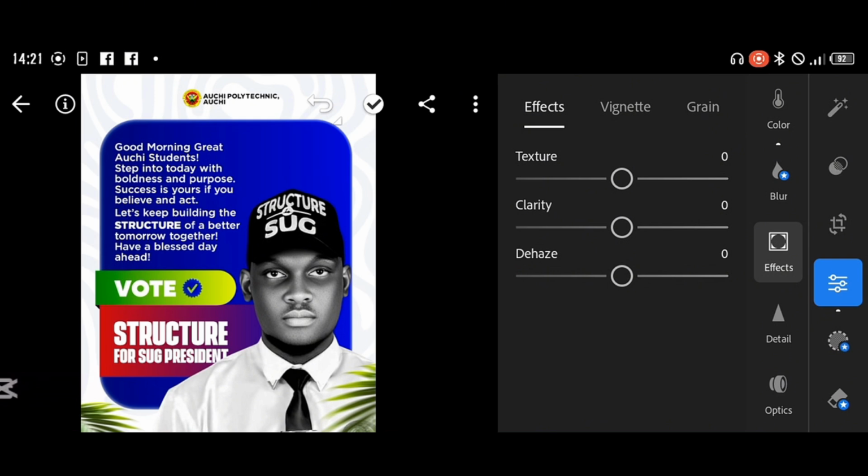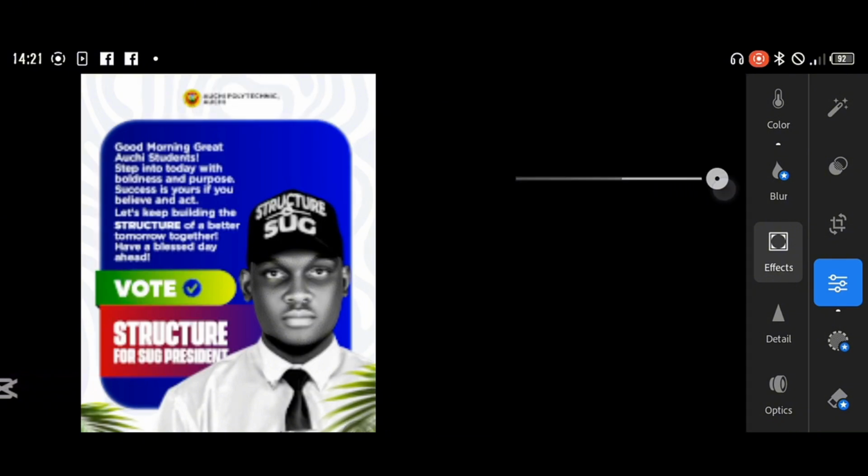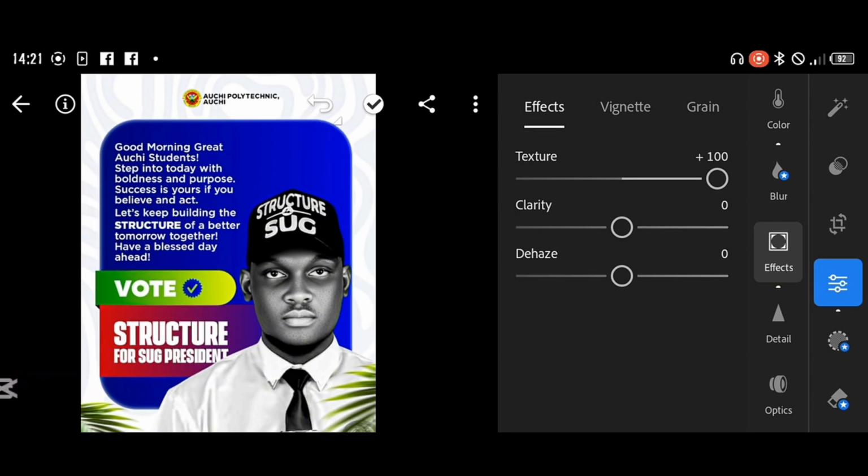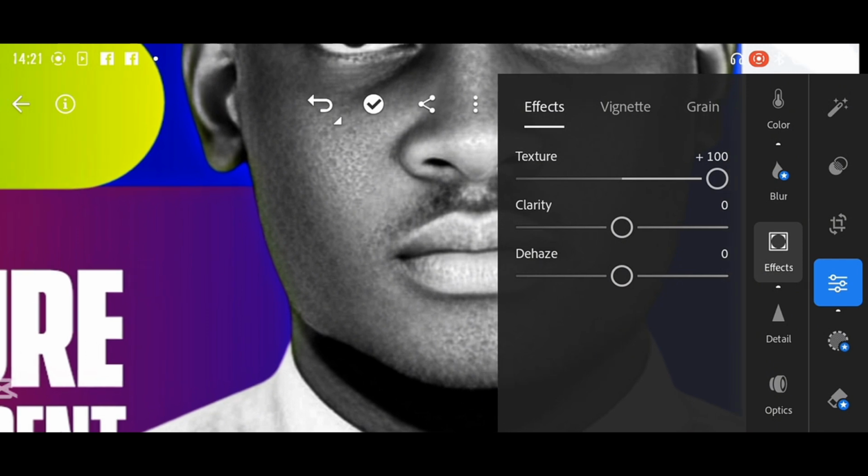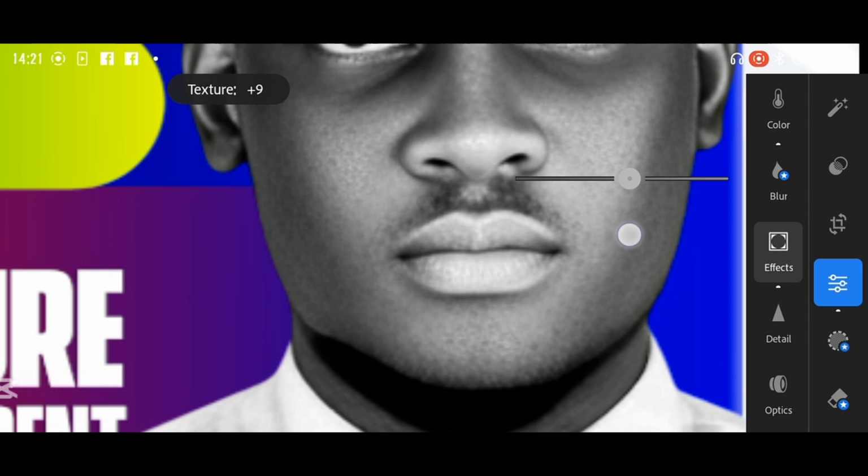So here, what can we see? We have texture sections, we have effects, vignettes, and grain. When you increase the texture on this effects page, it gives your design this kind of feel. Let me zoom in so that you can see it. It gives your design texture. So increasing it a little